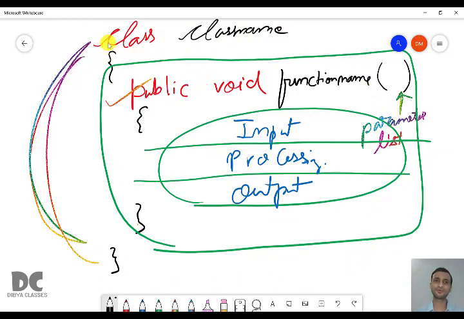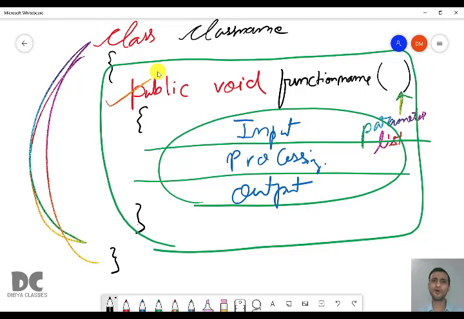First you have to write the class and give a class name according to identifier rules. Then curly bracket starts, and then public void, give a function name according to identifier rules. Then there is a parameter list. We will be talking about this. And then parenthesis, and then curly brackets of public void start. Then we'll do the input, then the processing, then the output. And after doing everything, we'll close the curly bracket of the function and we'll close the curly bracket of the class. Okay, this is the format you have to follow in class 9.